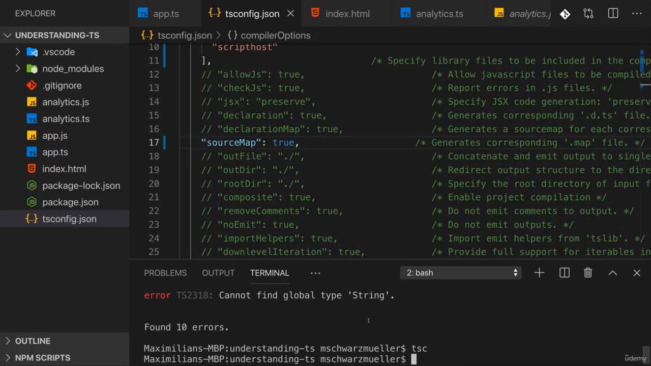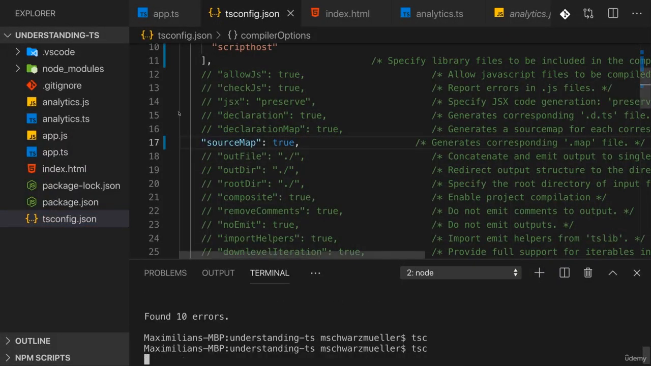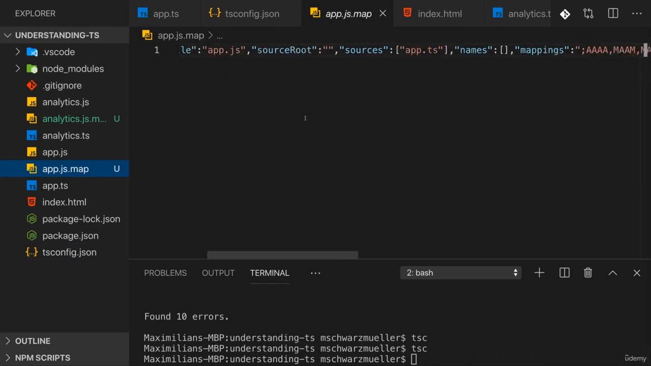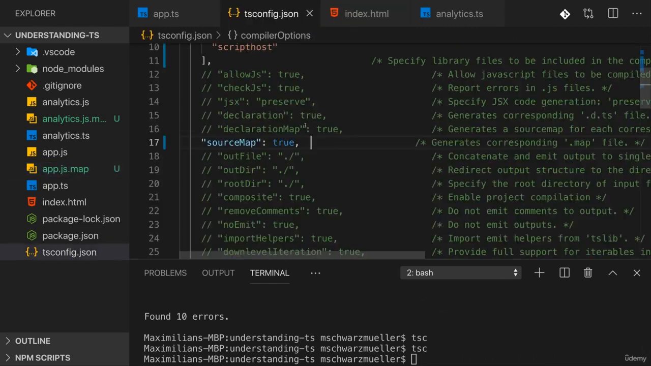If you set this to true and you run the tsc command again, then you see we got these .js.map files being generated as well. Now, if we look at them, they're pretty strange files, but what they do is they basically act as a bridge, which is understood by modern browsers and the developer tools there, to connect the JavaScript files to the input